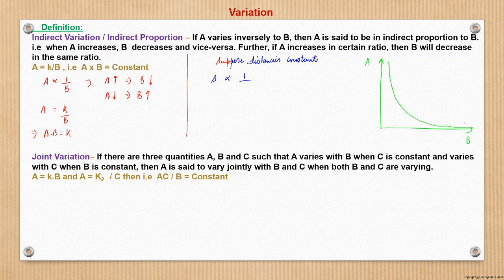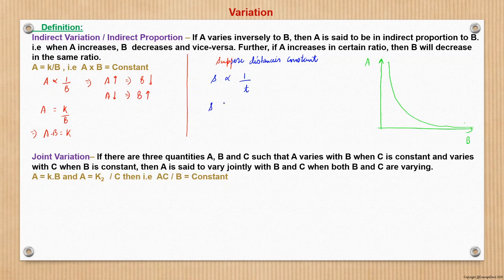So now if the distance is constant, if suppose I have to go from a to b, that distance is constant, and if I increase my speed, what will happen, the time will decrease, right? So speed and time are inversely related, or indirectly proportional to each other. How is it? Because if time increases, if I am taking a higher time to cover the same distance, it means I am going at a slower speed, or if I am going at a slower speed, then I take more time, right?